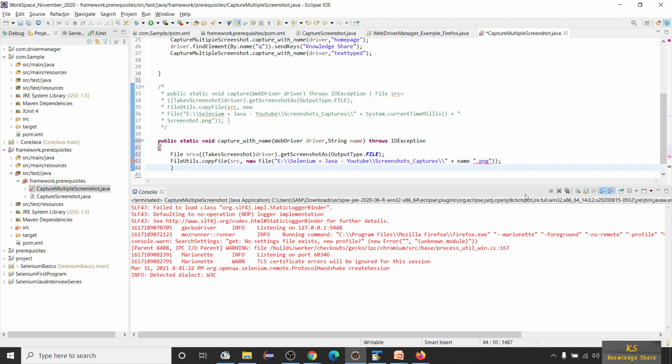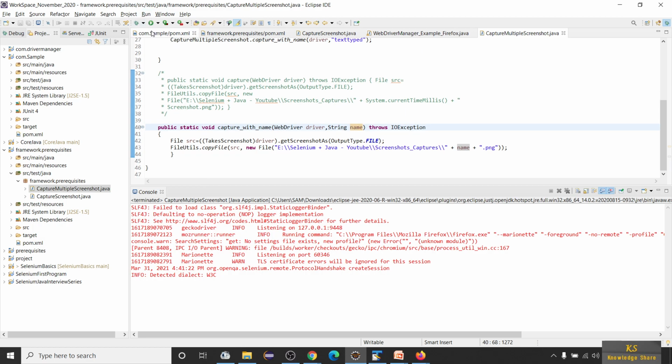I think one extra parenthesis is there here, and we have to insert plus here. See, I have given my own name. The name which is passed here will be received here, and that will be the name of the screenshot.